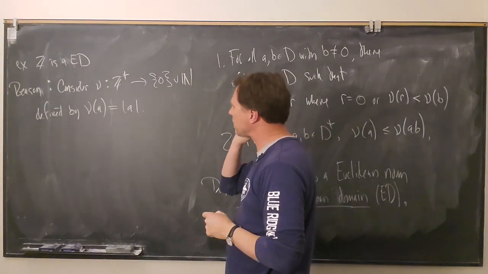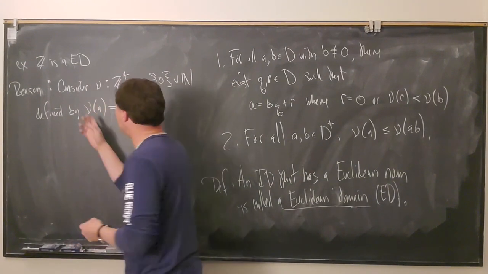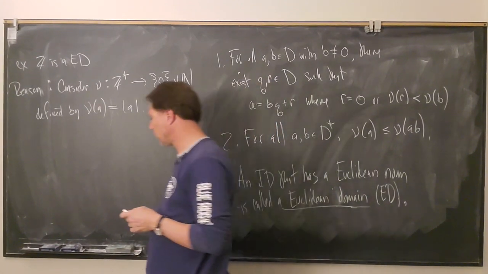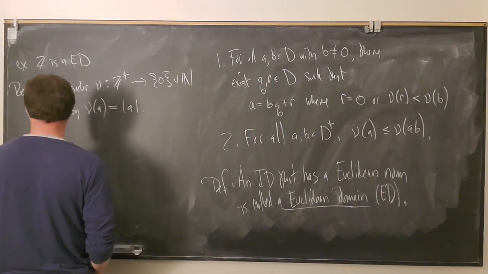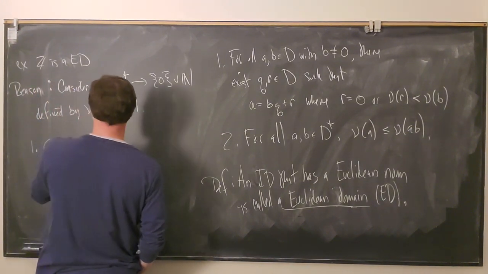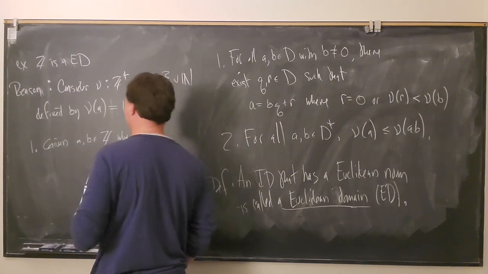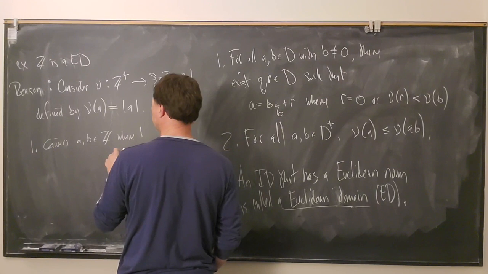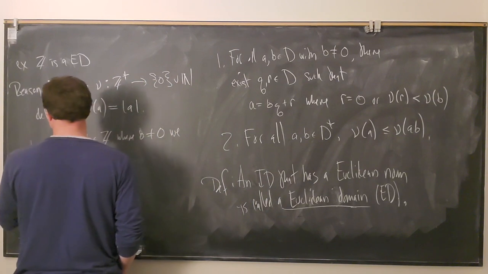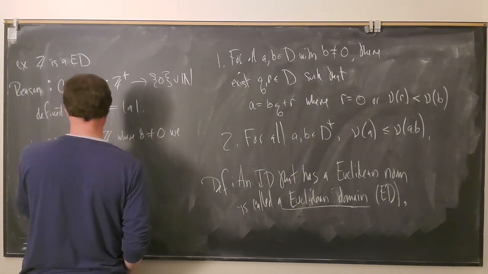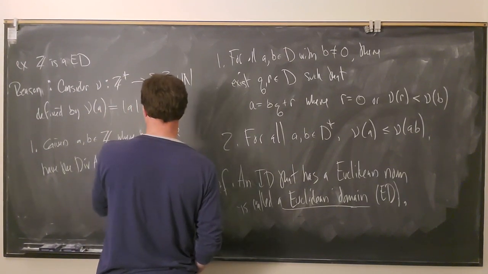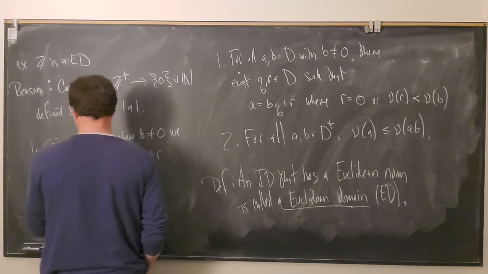So then, okay, so now we need to check the two properties, but this function here, just taking the absolute value of the integers, turns out to be a Euclidean norm on the integers. So property 1, given A and B in Z, where B is not equal to 0, the division algorithm tells us that A is equal to BQ plus R,